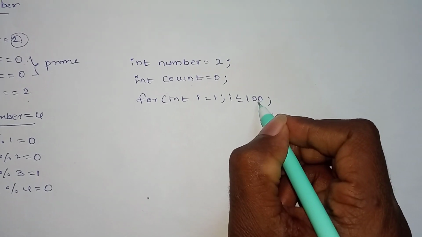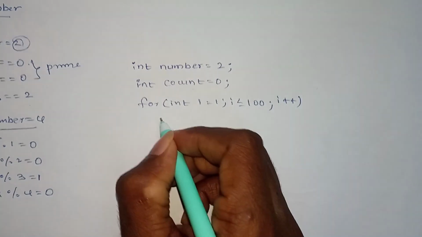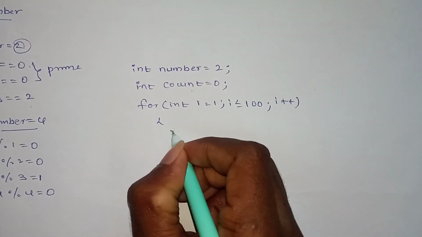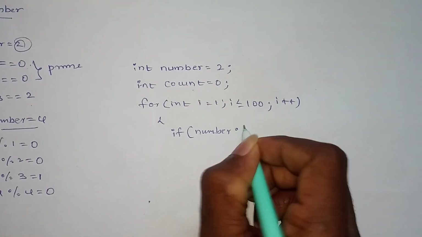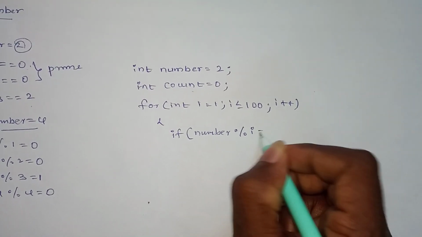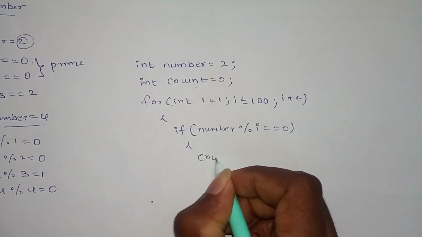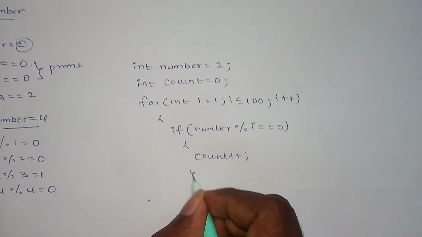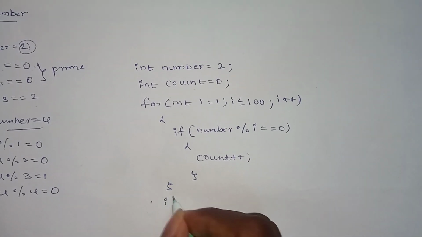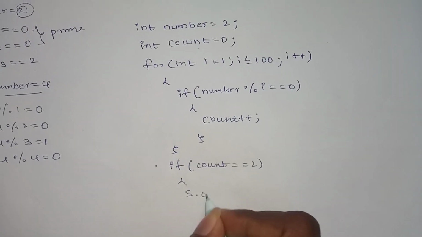Normally we take here the number that is 2. Then here i plus plus. Okay, inside the for loop we need to take if number modulus i is equals to 0, then inside the if block we need to take count plus plus, which means count equals count plus 1. And then here we need to take if count is equals to 2, then we need to print system.out.print